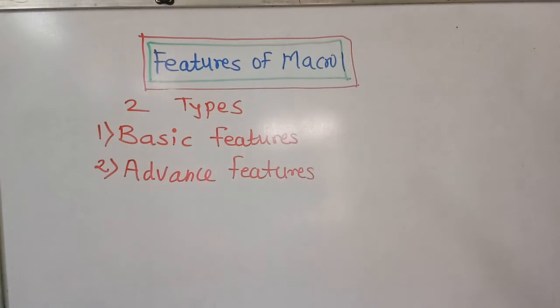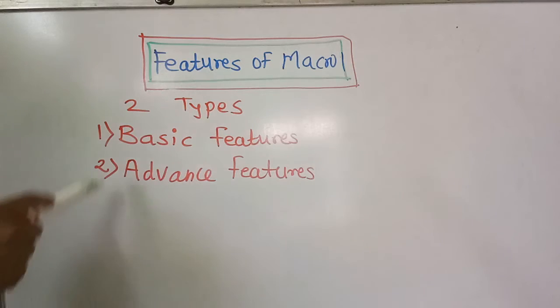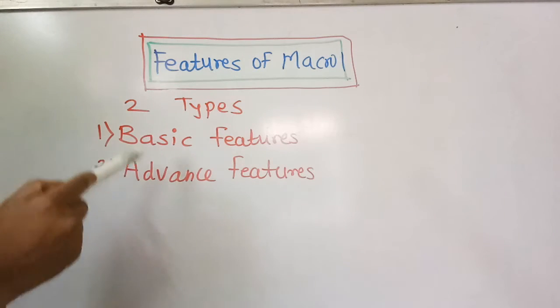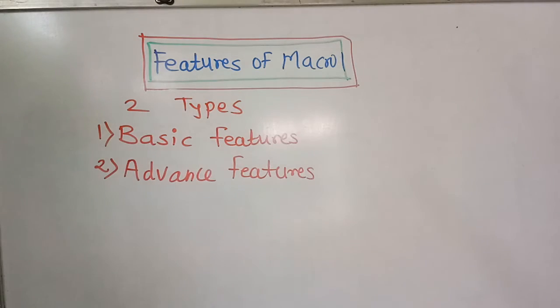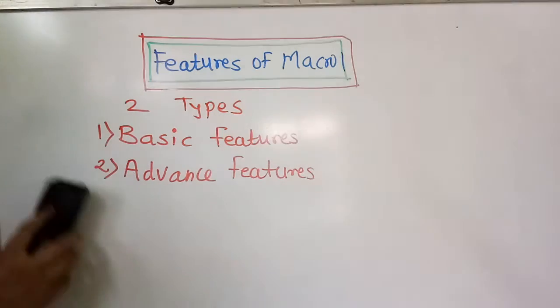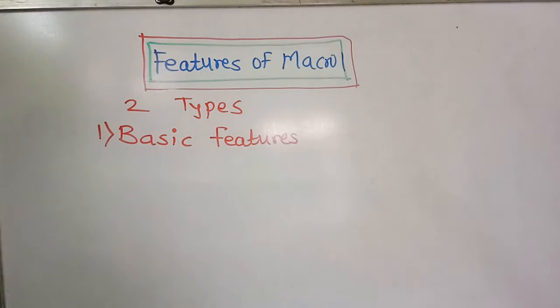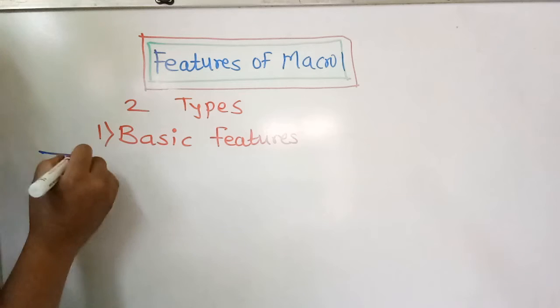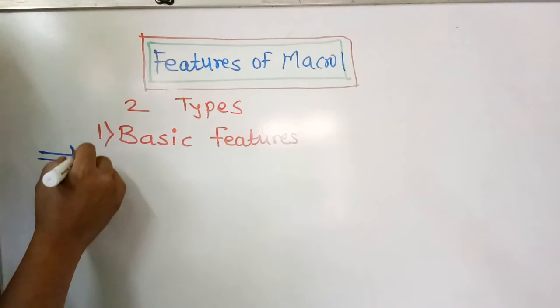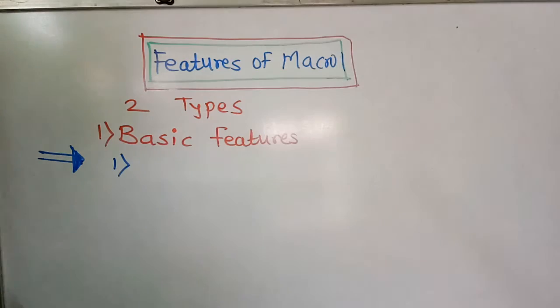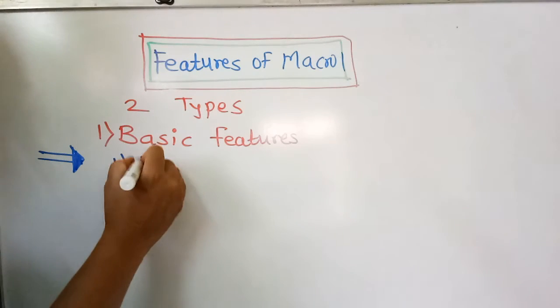In this video, we will see which are the different features of the macro. The features of the macro can be divided into two categories: first is the basic features and second is nothing but the advanced features. For understanding them, we will see them one by one, and now we will see which are the different topics that come under the basic features. So first is nothing but the macro